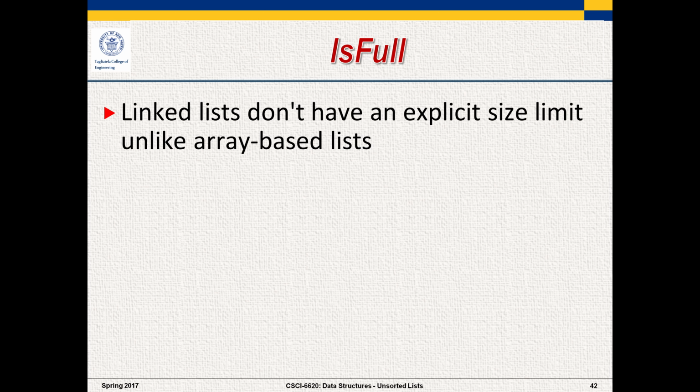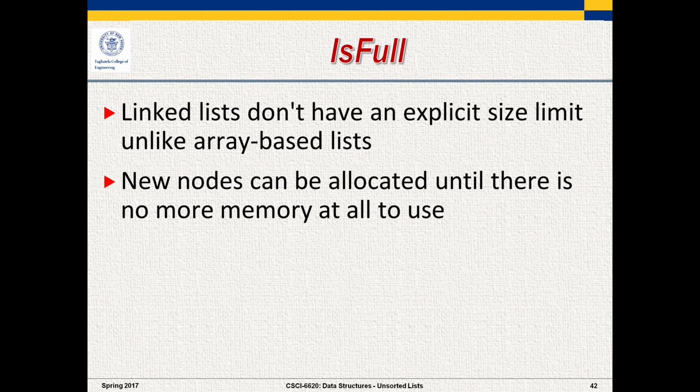They don't have an explicit size limit, unlike the statically defined array-based lists. So new nodes can be allocated, one after another, and really the only limitation is that there's no more memory in your memory space to use, which is not likely to happen. But if you're allocating hundreds of thousands of nodes or millions or billions of nodes,